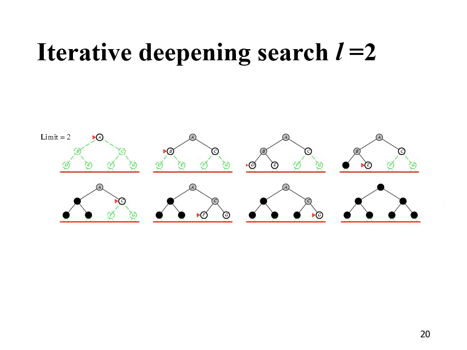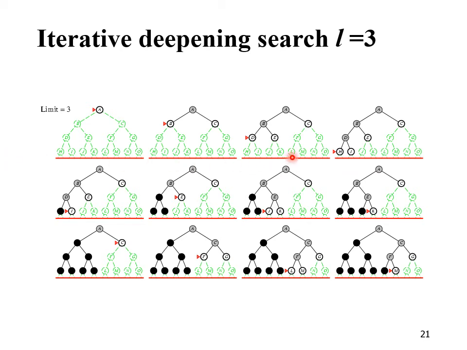gradually you have to increase one more limit. In this next limit, the criteria will be different from the previous search. You always start from A. If A is not the goal node, then you search the next level, B or C. If B is not the goal node, then you explore its successors D and E according to the stack. If D is on the top of the stack, you explore D's successors, H and I, and H will be on the top.